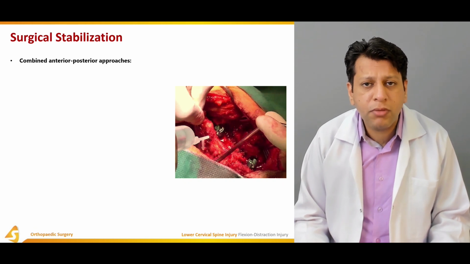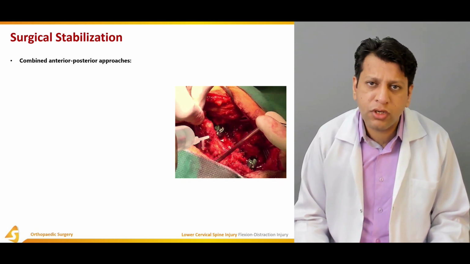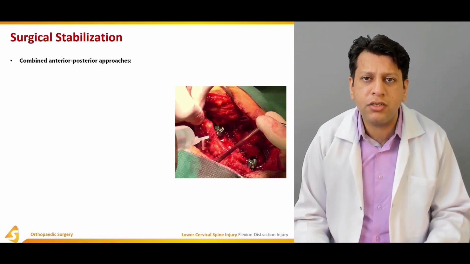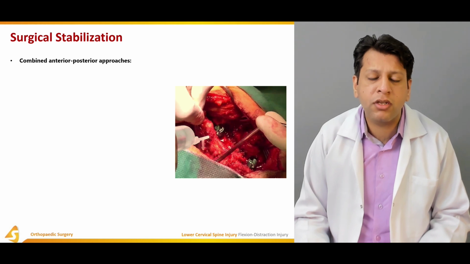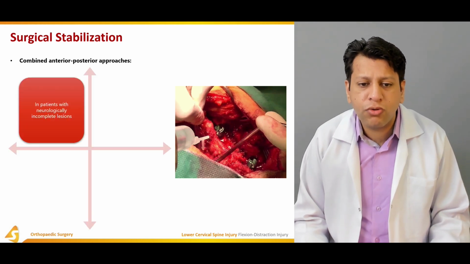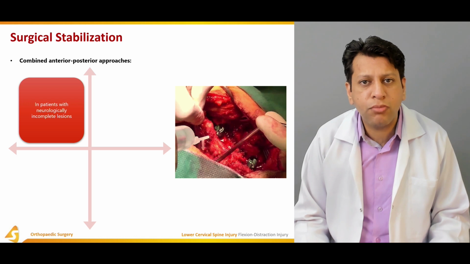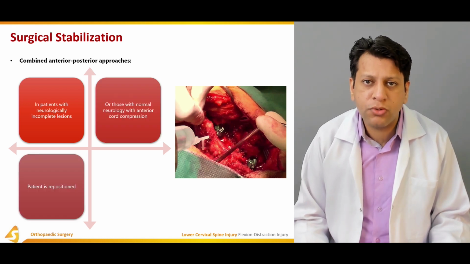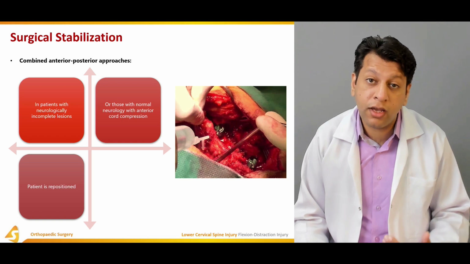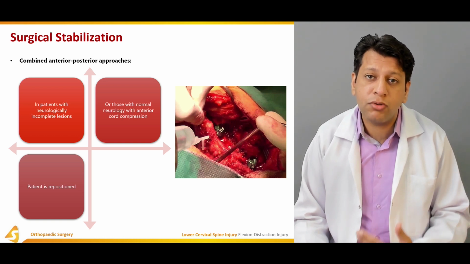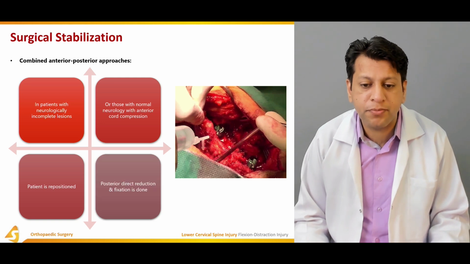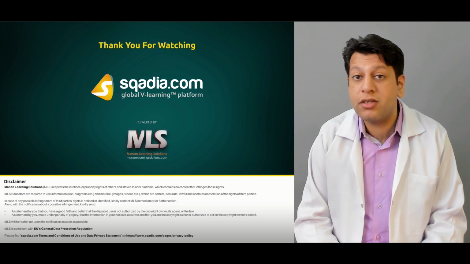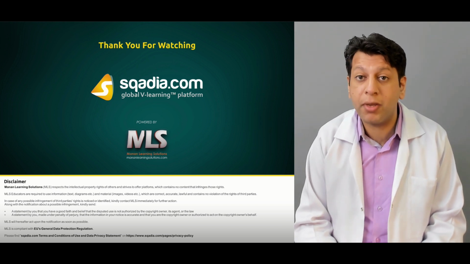Most commonly it's always a combined anterior and posterior approach, because the mechanism is such that it is always associated with anterior vertebral body fracture and discoligamentous complex disruption posteriorly as well. So usually we have to go for both the anterior as well as the posterior approaches. Combined approaches are used, and especially in the neck, it needs to be fixed anteriorly as well as posteriorly. In this section, we have briefly gone through what the flexion-distraction injuries are and what the mechanism of